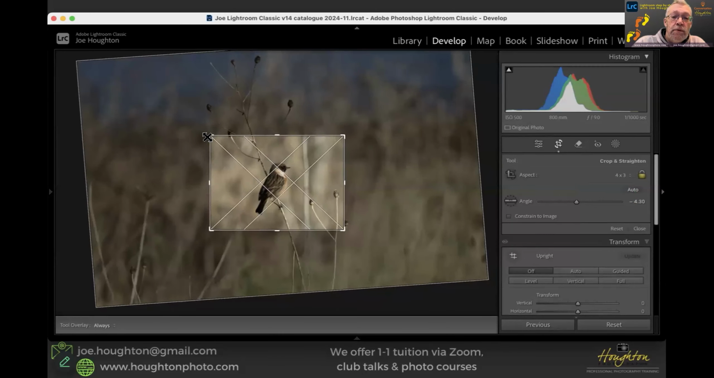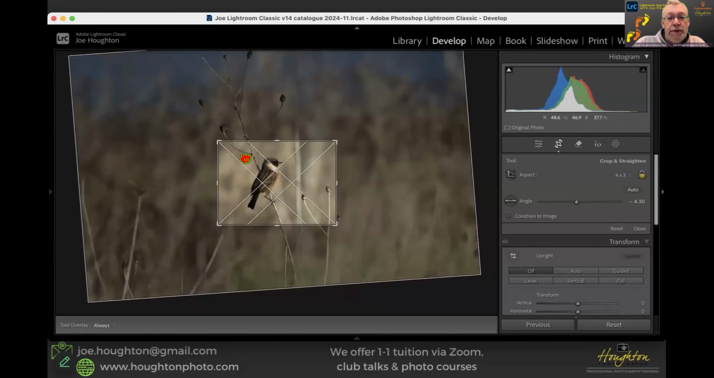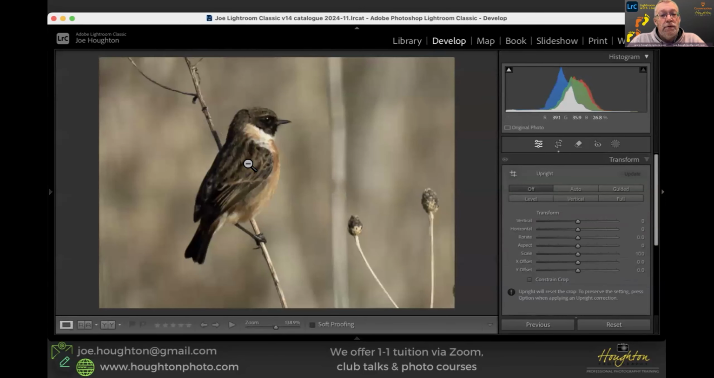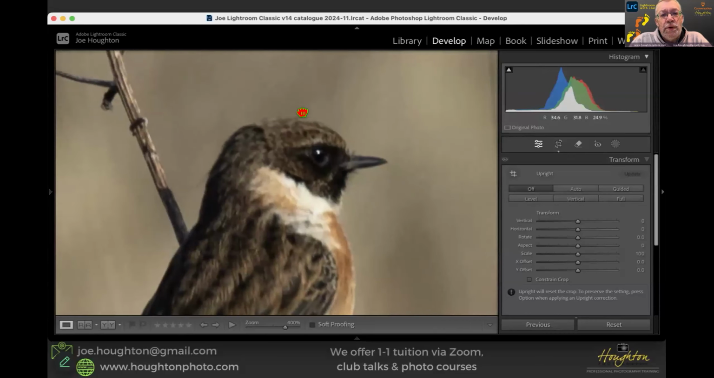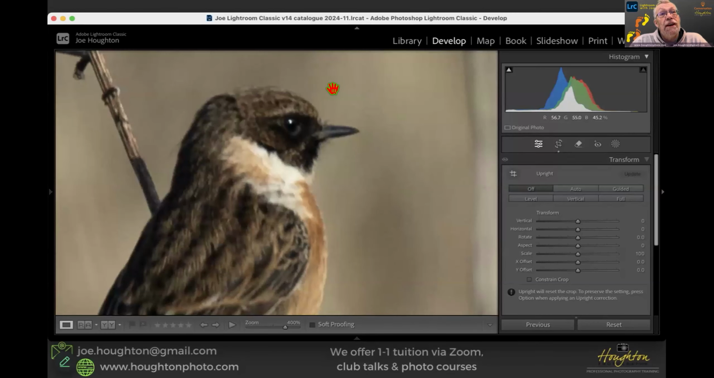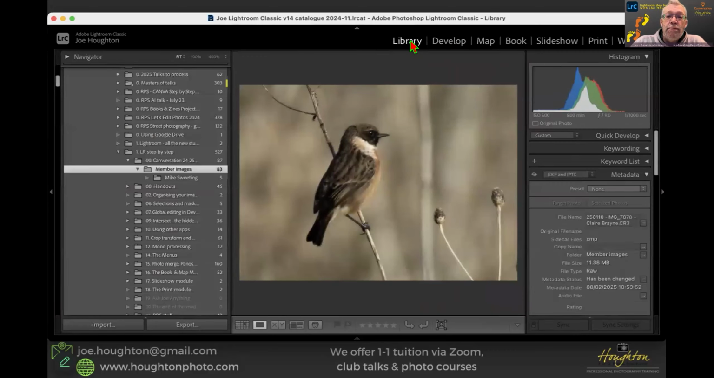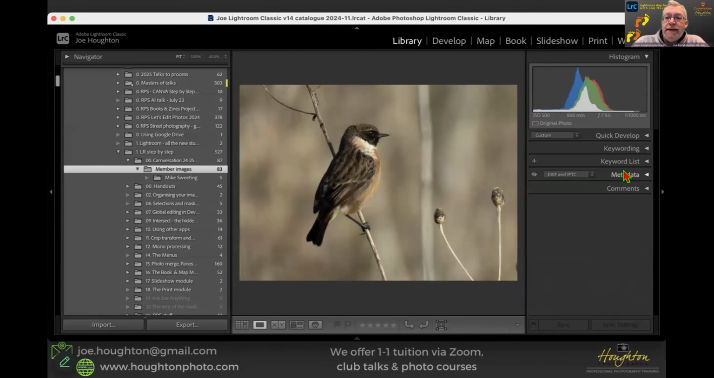Okay, so let's crop this so that the bird is where it should be. Okay, and so we'll take that as the bird. Now I'm not going to edit this for now. Assume we did the edit and it looks good and all the rest of it. If we just zoom in a little bit, there's quite a bit of noise in this because we've cropped right down. So if we go back to the library module and we show